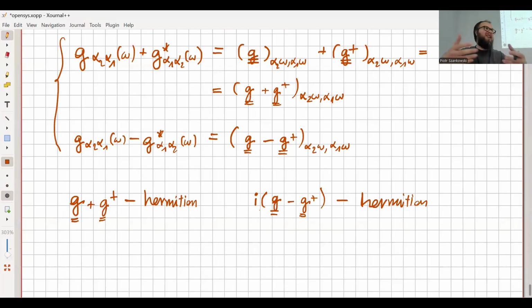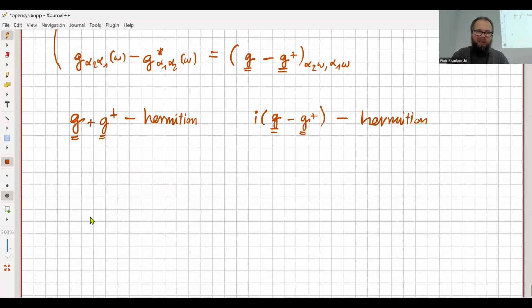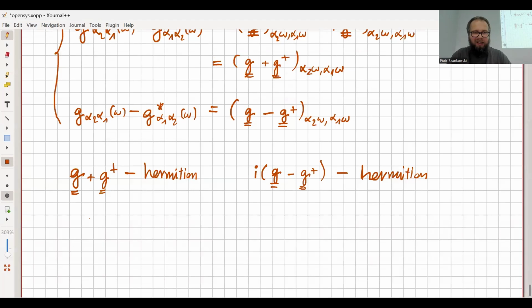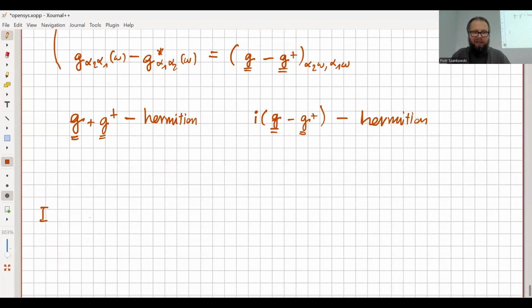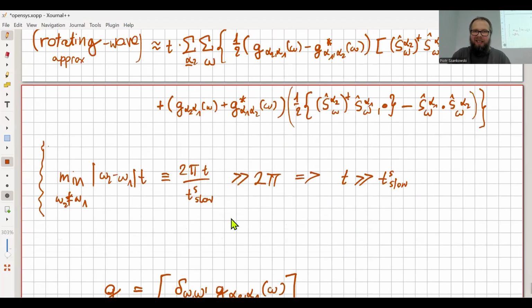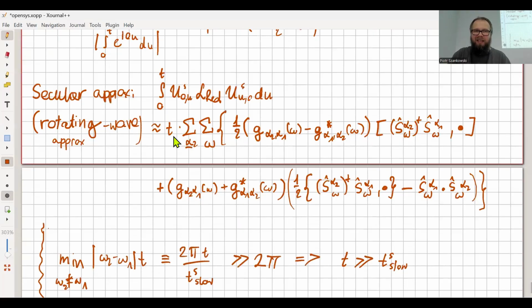Because G minus G dagger is anti-Hermitian, you multiply by I, it gives you a Hermitian matrix. Okay, so why is it relevant? There are two reasons why this is relevant. So one, if we take this whole beast,